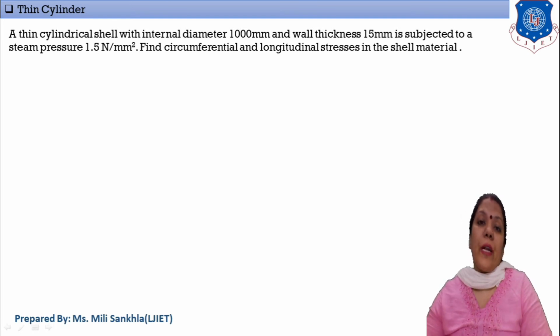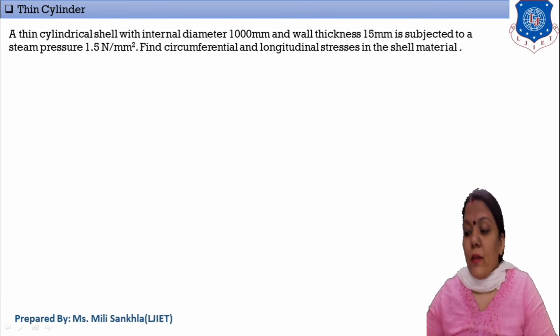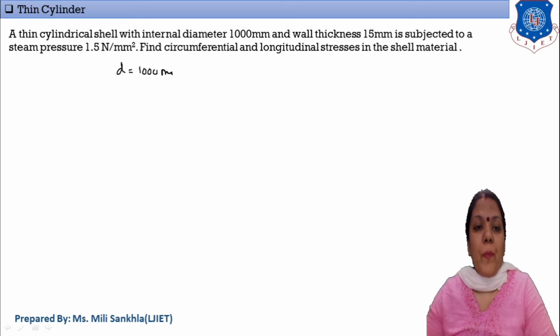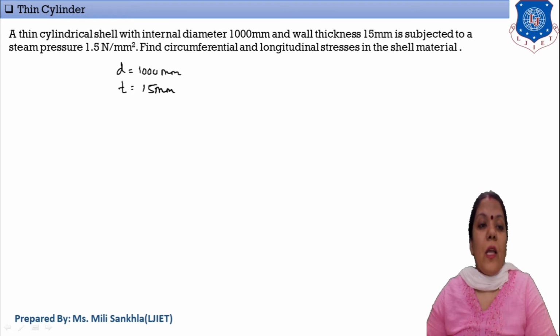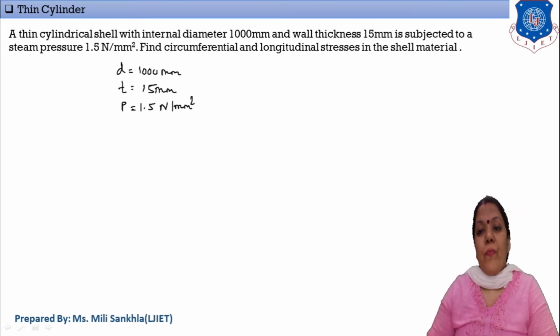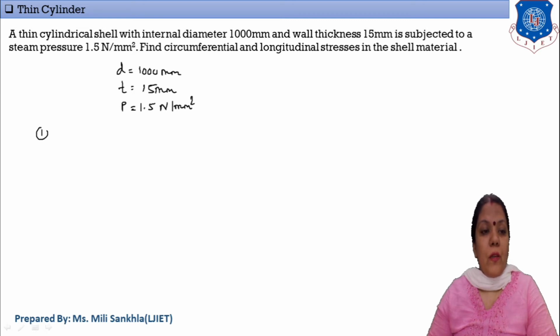First of all, write down the given data. D is given as 1000 mm, and thickness T is given as 15 mm. Next, steam pressure P is given as 1.5 Newton per mm square, and we find out, first,